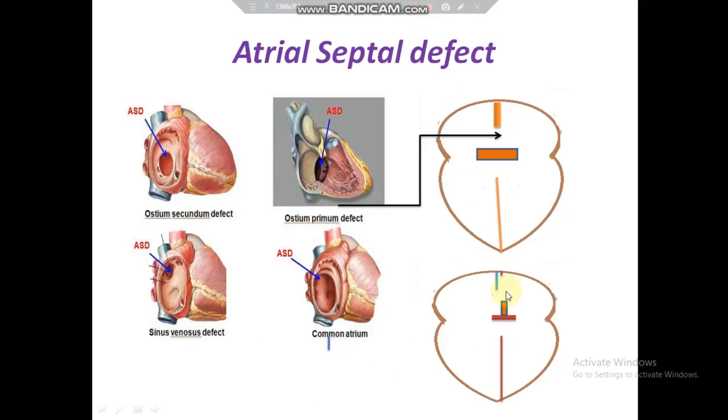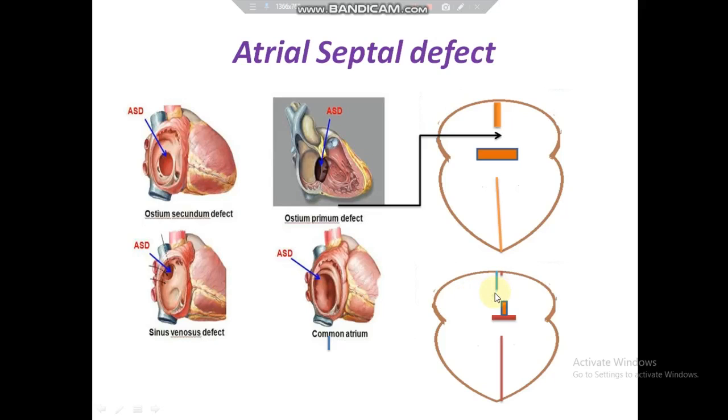Now coming back to these atrial septal defects. Here, this below one is the septum secundum. The septum secundum goes downwards and overlaps the septum primum. This is the septum primum. Before that, there is a foramen between these two, which is known as foramen secundum or ostium secundum.